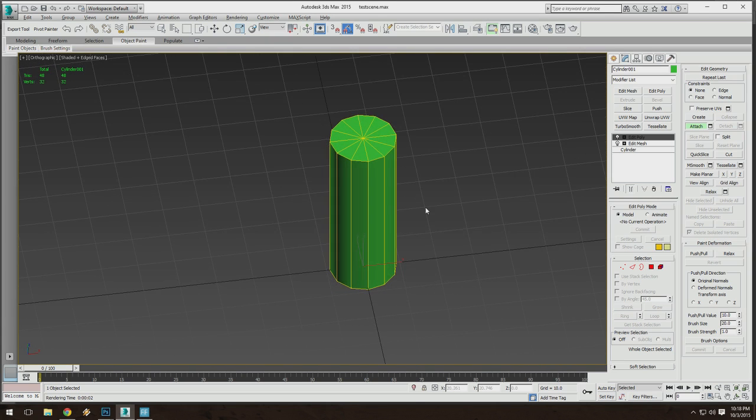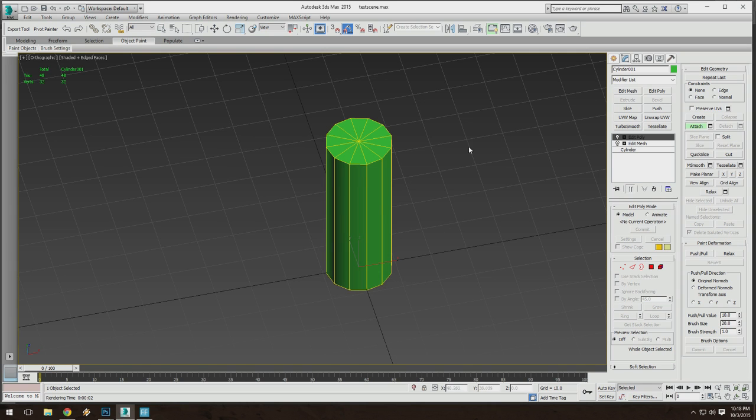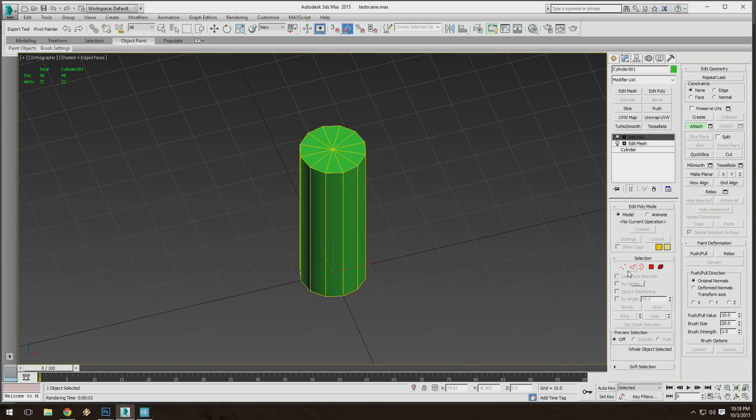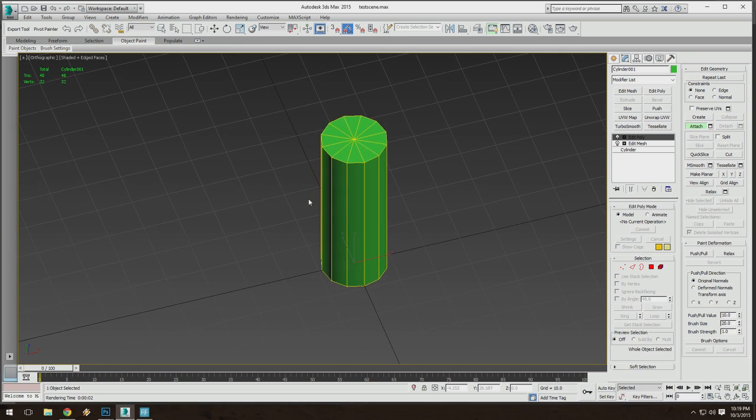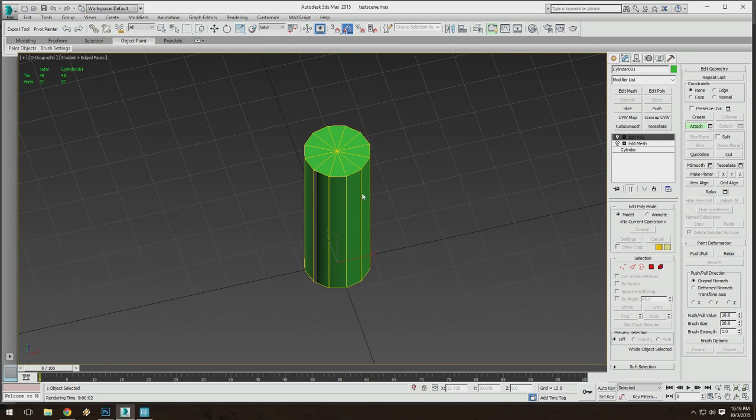I know it's probably confusing to go back and forth. You guys are getting how I work. I tend to go back and forth. But definitely when you guys start exploring this on your own, just look at all the options that are there. Experiment with stuff and see which way you like the best. I think most tutorials and most people at this point use more Edit Poly stuff. But I just like to show that the Edit Mesh thing sometimes is actually simpler and you can do things faster with it. But anyway,